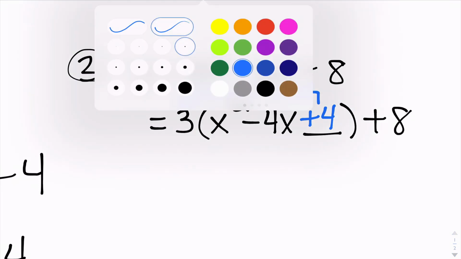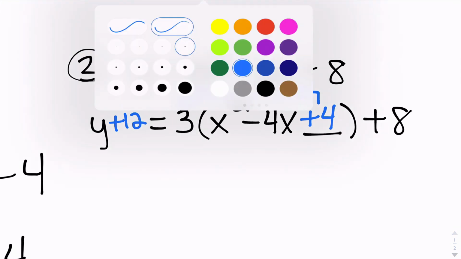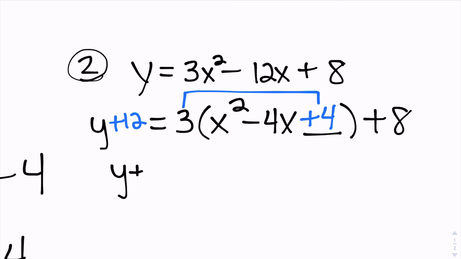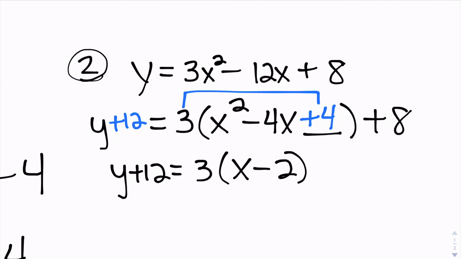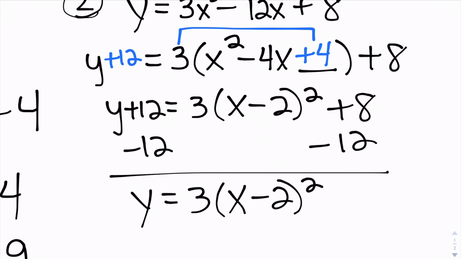And I'm just going to move that y over. So we have y and then plus 12. And then we can go ahead and do the same thing we did on the previous problem, which is factor, but now we have that 3 in front. This trinomial factors to x minus 2 squared, and then we have that plus 8, and then finally the last thing we're going to do is subtract 12. And so our vertex or graphing form for this is y equals 3 parentheses x minus 2 squared, and then 8 minus 12 is negative 4. And so hopefully that's a